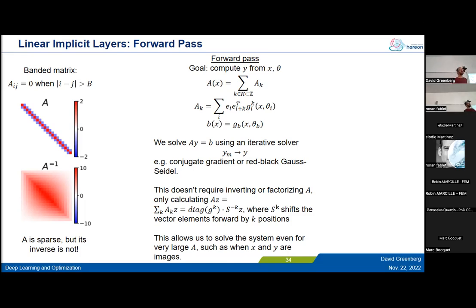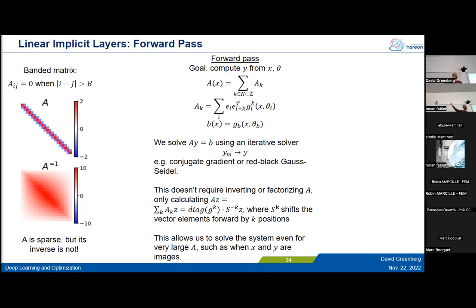Now, we could solve it using a matrix inversion. We don't want to do that for reasons I just mentioned. We could be a little more clever and use an LU factorization or some other factorization, which have slightly better properties. But we don't want to do that either. That's what you do if you just call, say, torch.solve in PyTorch or the equivalent things, right? That might work for 1D systems that are pretty small, but we want this to scale to really big systems when actually